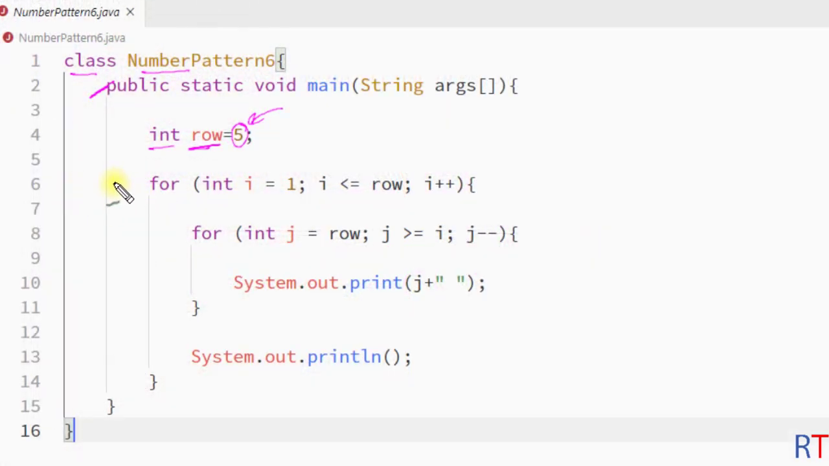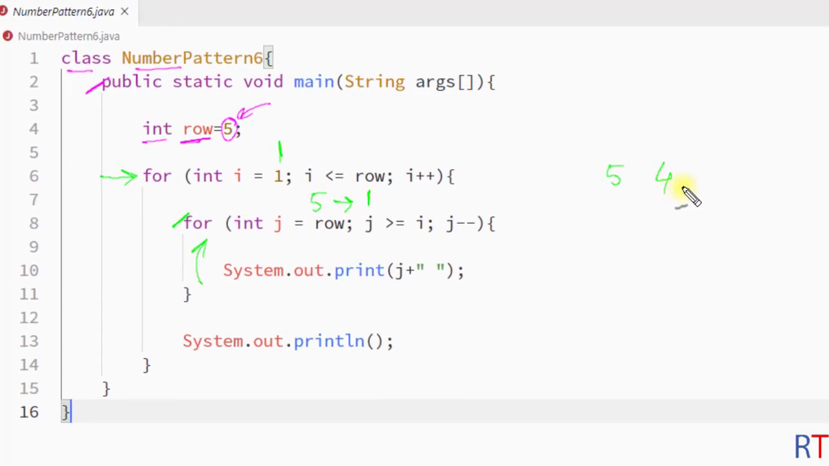So at the beginning of the program execution the value of i will be 1, so the inner for loop will run from 5 to 1. So in every iteration of the inner for loop it will decreasingly print the numbers from 5 to 1. And then we have the println method, so there is gonna be one line break, and after that the control